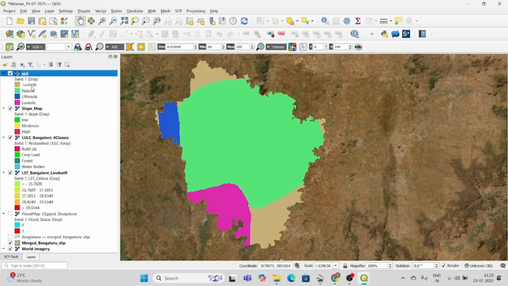So what I'm going to do, I'm just going to see how the soil suitability is. Whether the soil is good, whether it has a strong foundation, whether it can be built on in a good area, or it may collapse, the soil may not be able to hold a large building. Okay, so these are the things I need to think about. So here you can see, in particular, this data is taken from FAO soil data. Okay, it is a vector file I had converted into a raster file.